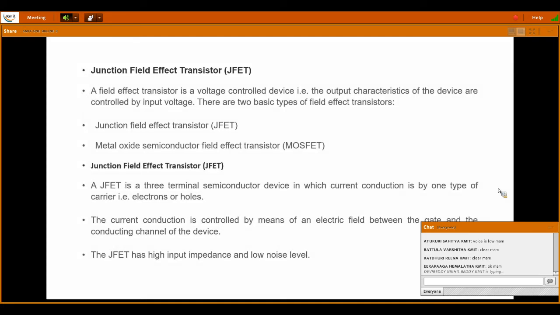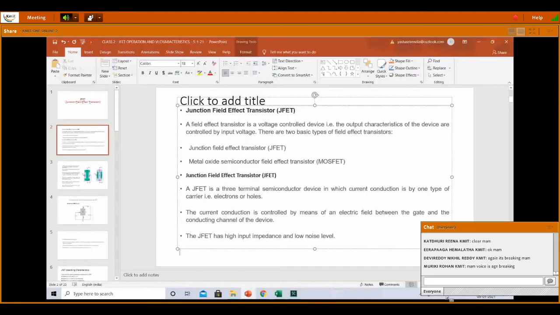JFET is a unipolar device, and the current conduction is controlled by means of a field between the gate and the conducting channel of the device. And the most important point, that is,